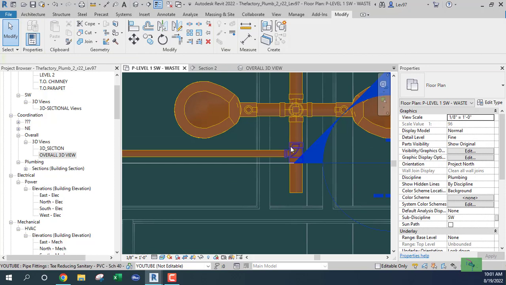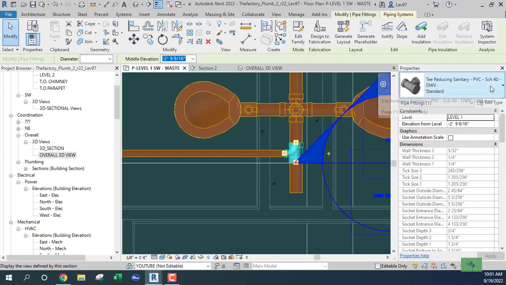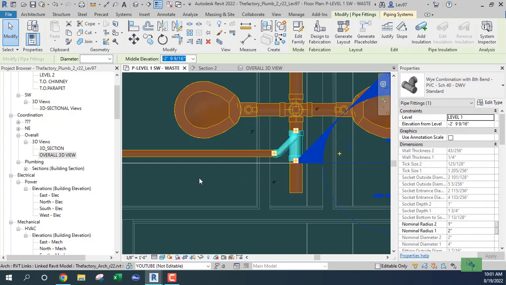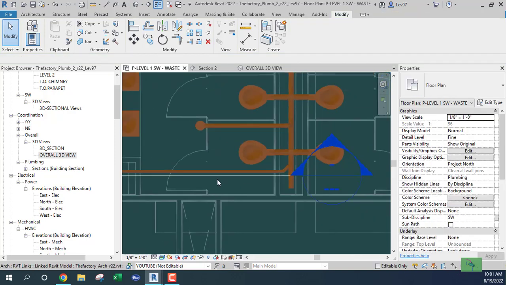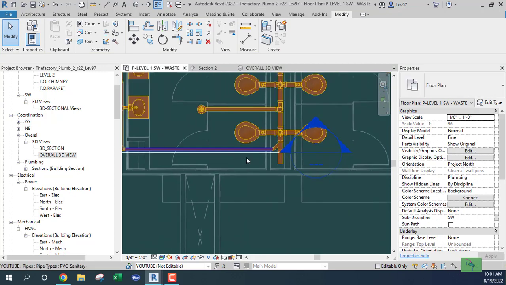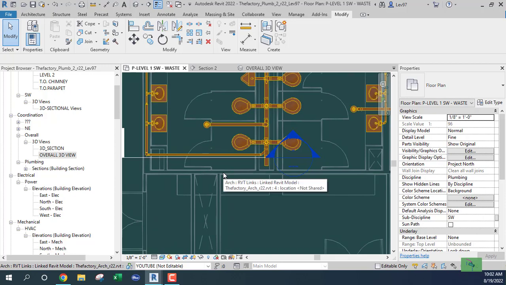Okay, that should give me a T reducing, but I'm going to change it in my properties and make that a Y combination. Okay, so that looks good. I'm going to cap it here, but what I need to do is,